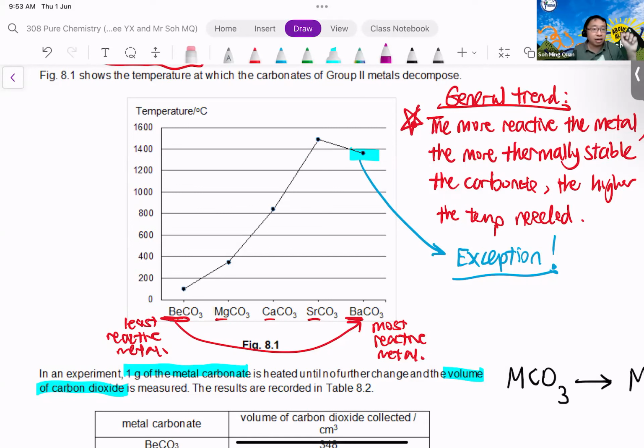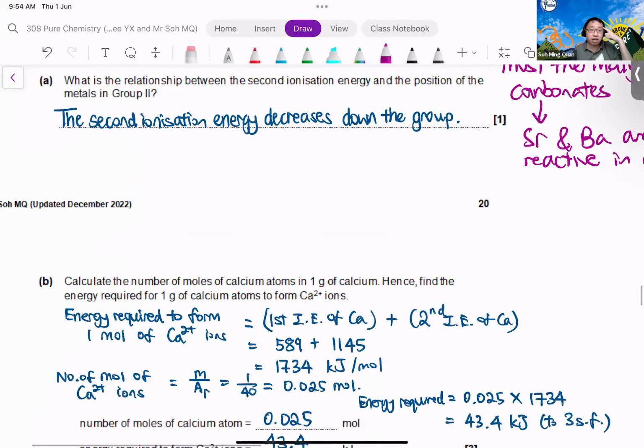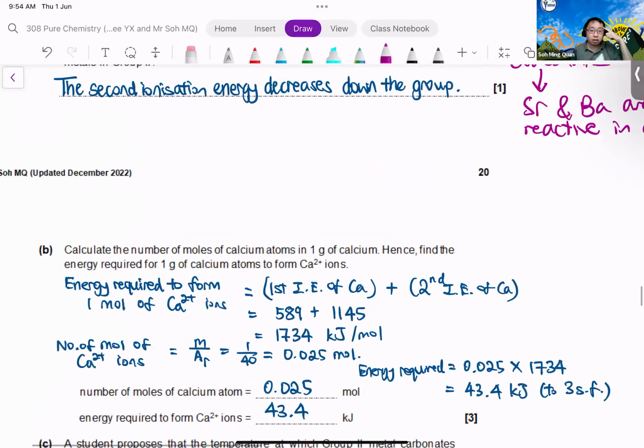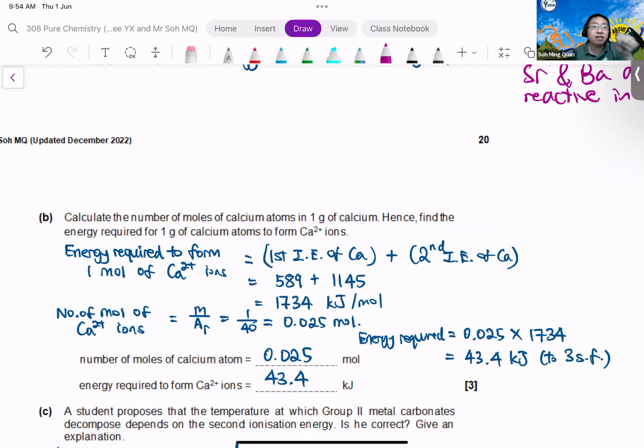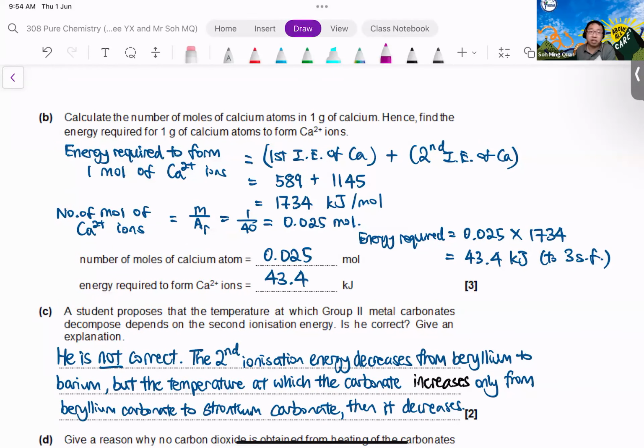The student claims that it's true for all the carbonates, but it's not. When the question is phrased like that, you got to think, is there any exception? If there is an exception to this trend, then the student's claim is incorrect. Therefore, the student is not correct because of the exception of barium. So you can see the second IE decreases from beryllium to barium, but the temperature at which the carbonate decomposes,